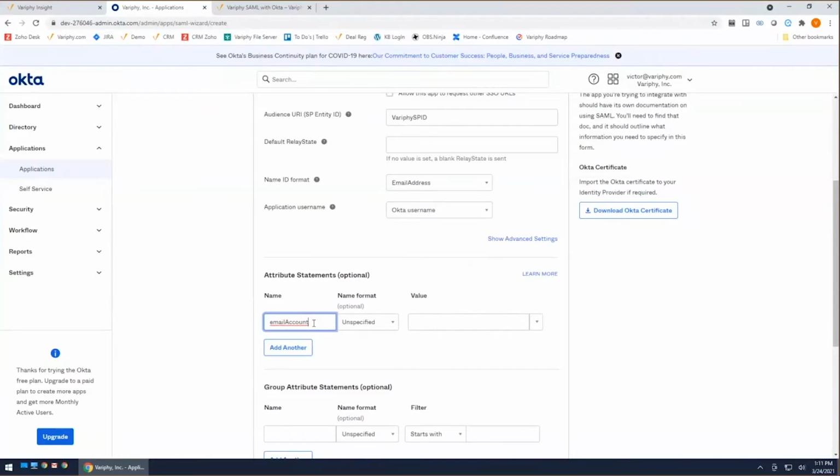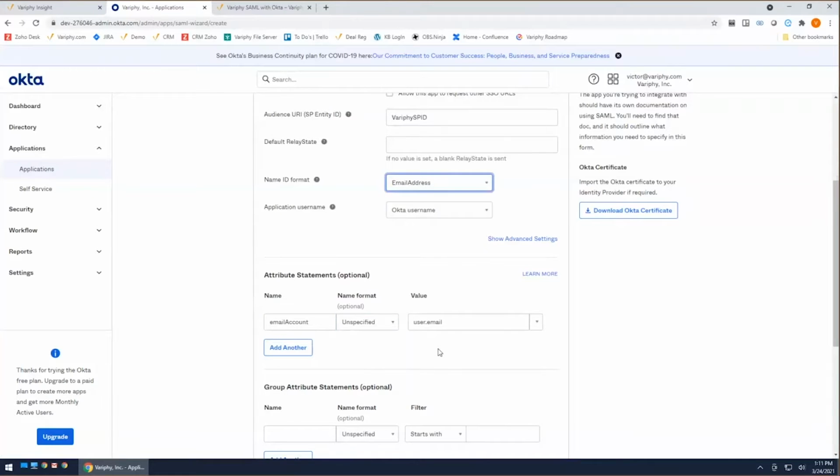So under name, I'm putting email account. Again, it is case sensitive. And under my value, you're going to see some options here. And in my case, I'm using user and email. Again, because I'm going to pass my user as my email address, so that's what we're using in my setup, and that's what we have a tendency to see a lot, where when you log into your network, your PC, or anything like that, it's your email address. It could be a user ID. In that case, again, you're going to go ahead and change these values specific to how you are authenticating within